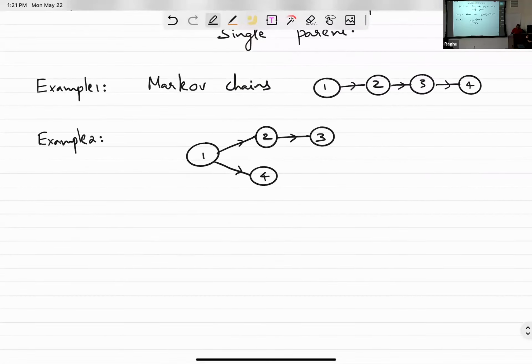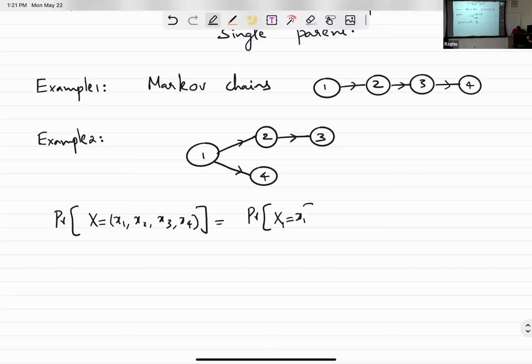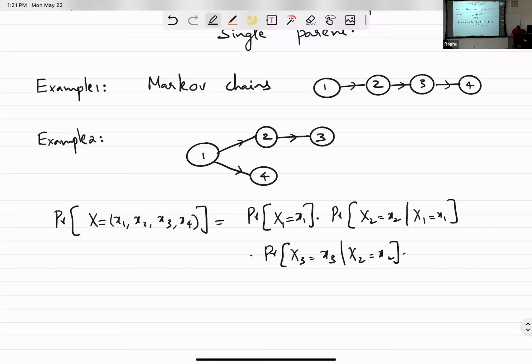Okay, so in the second case, what do I have? I have the probability that X equals x1, x2, x3, x4 is